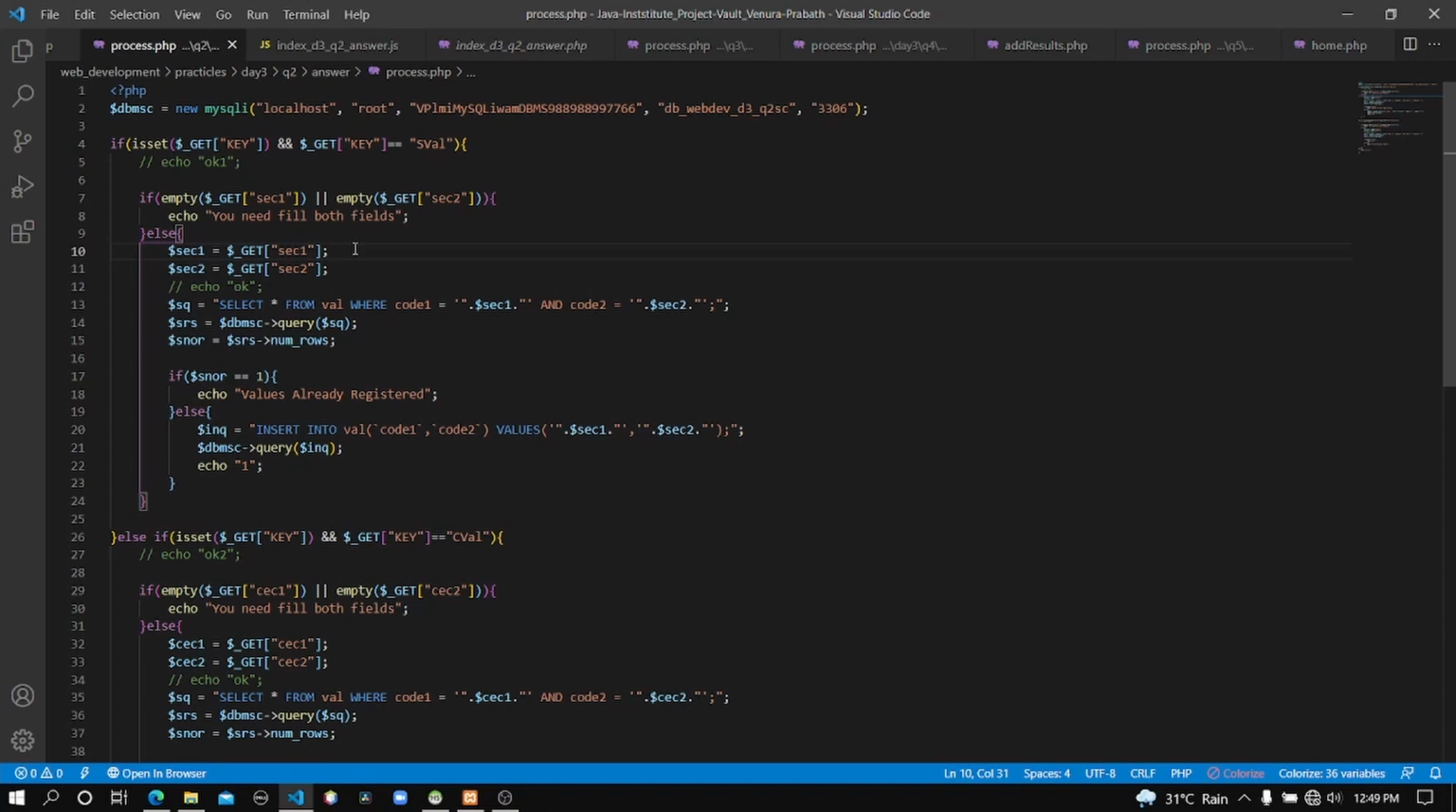The server is the computer which will run the PHP file. PHP is not a language which will execute in a client-side browser. Okay, in the process.php file, you can see at the top of this file I created